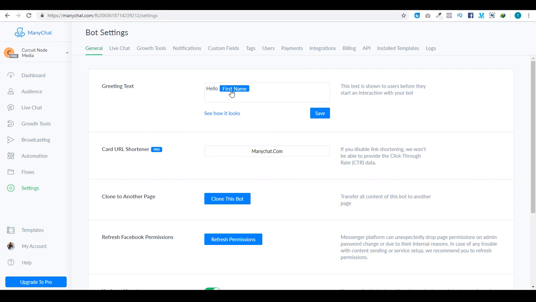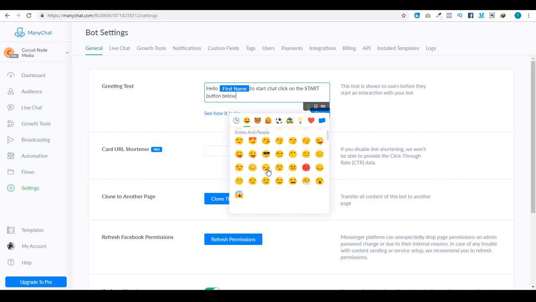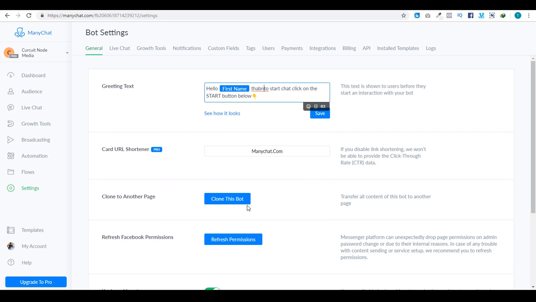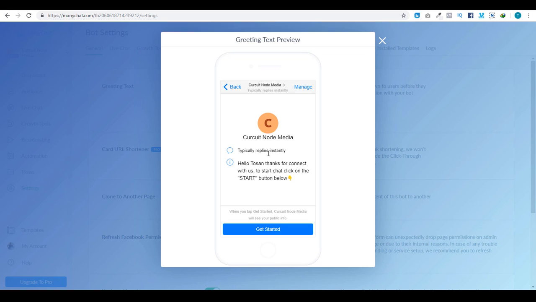Okay, so this is a variable. This will pick the person's first name from Facebook and then input it there. So this points to the button underneath. So we can look at how it looks. You can see it now. Hello, this is my name. Thanks for connecting with us. To start chat, click on the